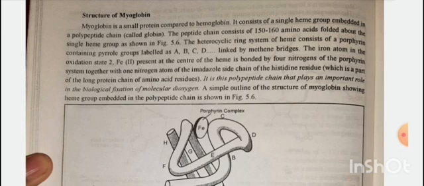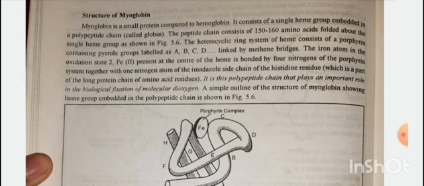Structure of myoglobin. Myoglobin is a small protein compared to hemoglobin. It consists of a single heme group embedded in a polypeptide chain called globin. The peptide chain consists of 150 to 160 amino acids folded about a single heme group, as shown in figure 5.6. The heterocyclic ring system of a heme group consists of a porphyrin containing pyrrole groups labeled A, B, C, D, linked